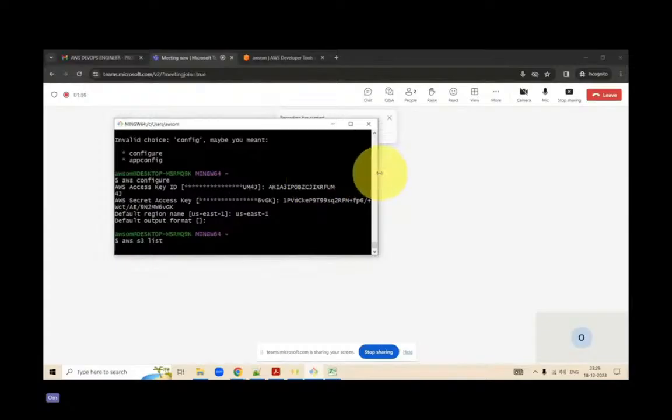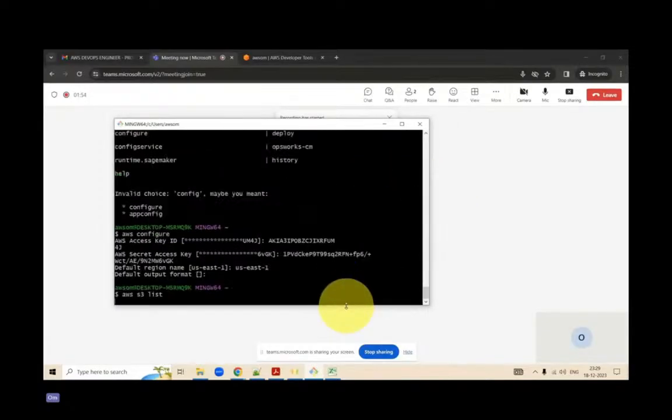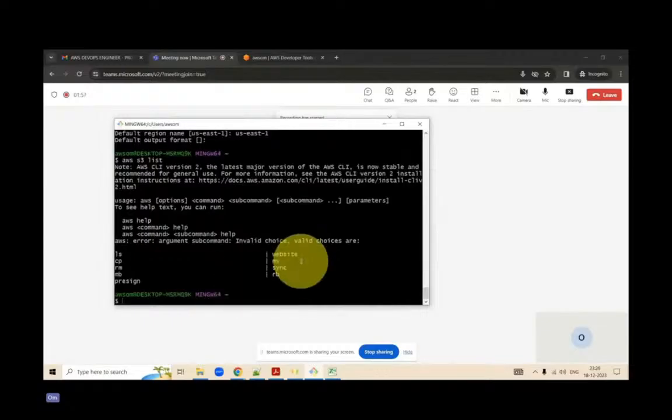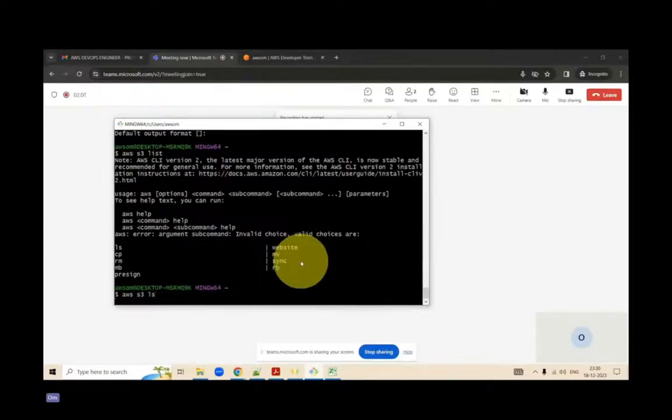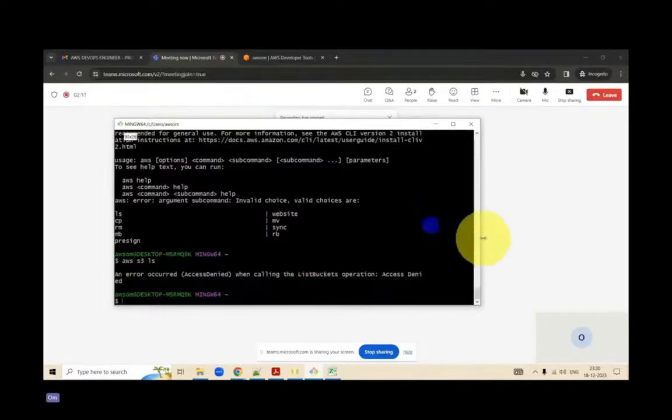Now what I did simply is I integrated my AWS with my local. Okay, so even if I type AWS S3 ls, that would give me a list of all the buckets. Now if you get something like this that says error when trying to access list bucket, what you